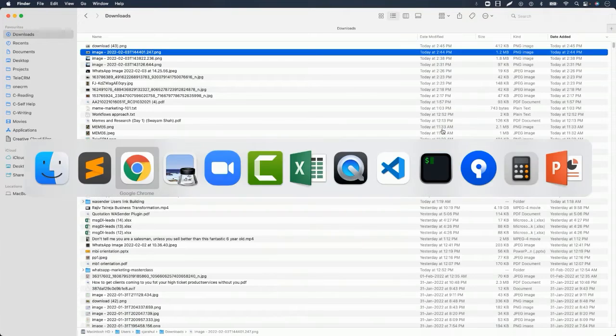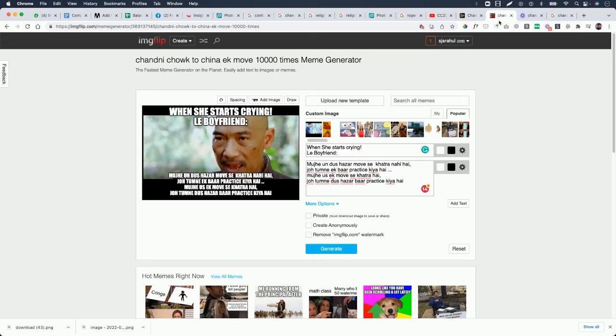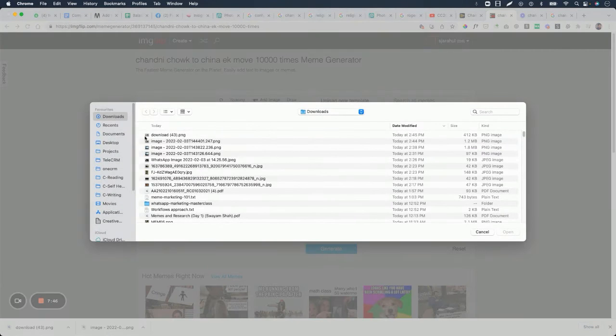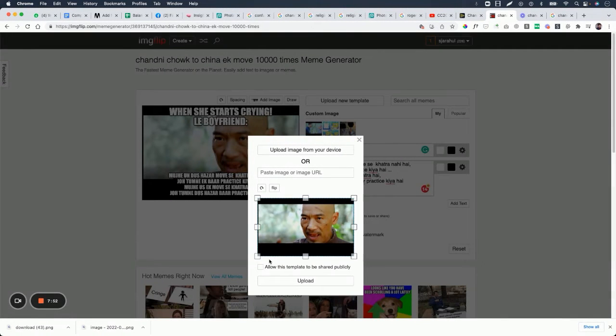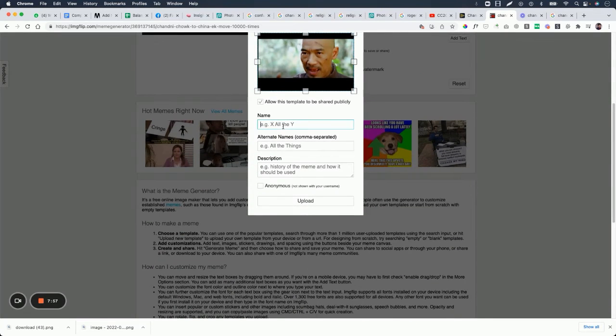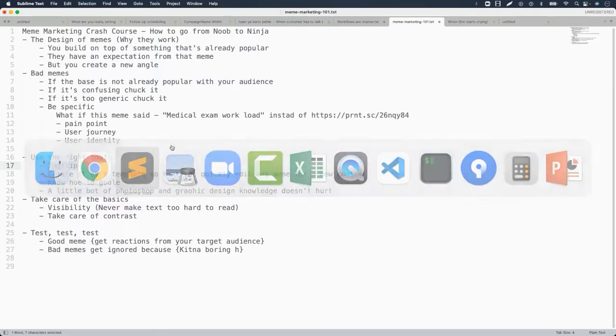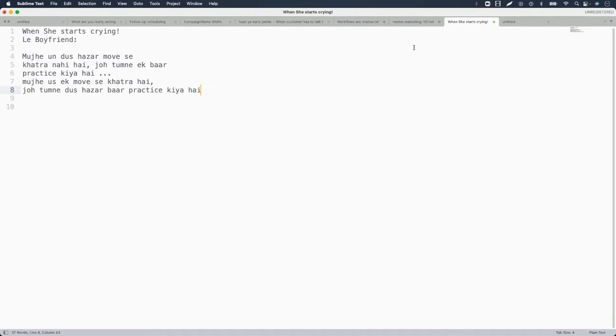Second thing is create it as a template in IMG Flip, because otherwise what is going to happen is you will lose it. So for example, here I did not add the image as template. So basically what has then happened is वो as a template available नहीं है यहाँ पे. What I'm going to do though is now I'm going to add it as a template. And when I add it as a template,